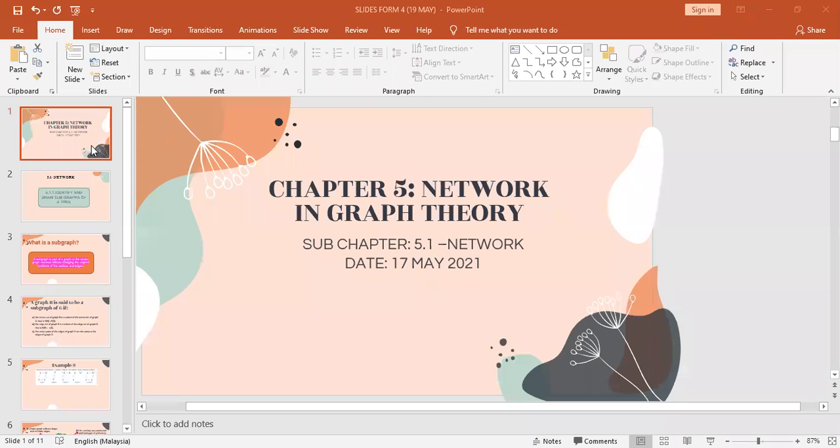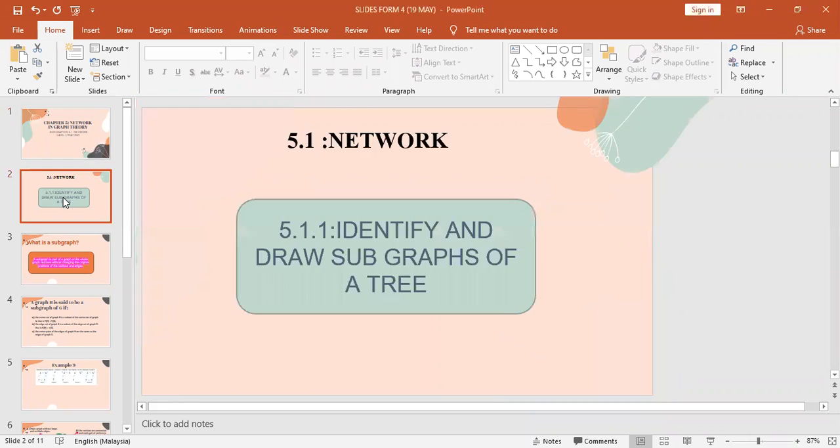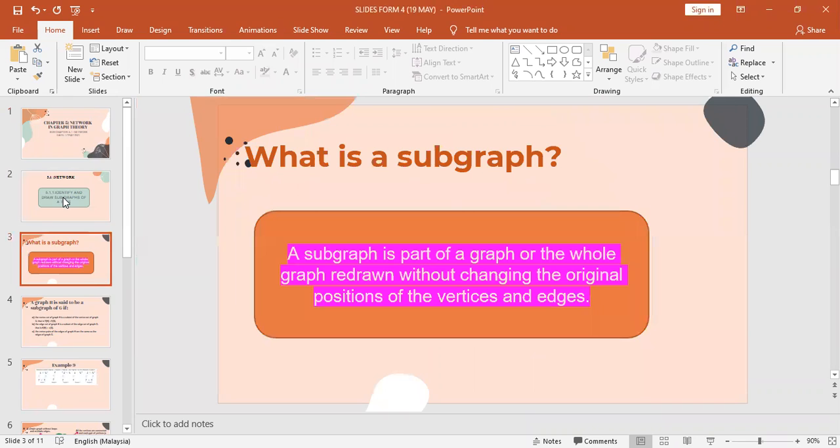We are still in the same topic, which is network in graph theory, but we will proceed to another subchapter, which is identify and draw the subgraphs of a tree. Okay, so now firstly we need to know what is a subgraph. A subgraph is part of a graph or the whole graph redrawn without changing the original positions of the vertices